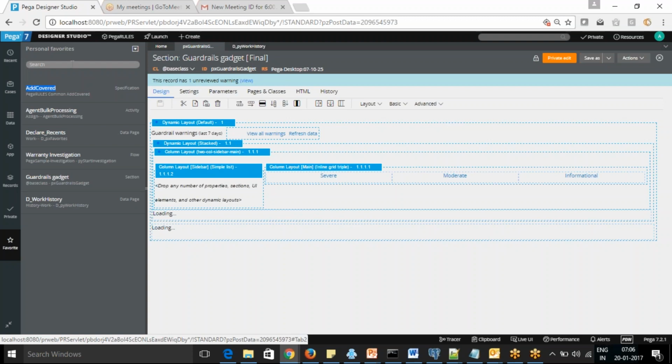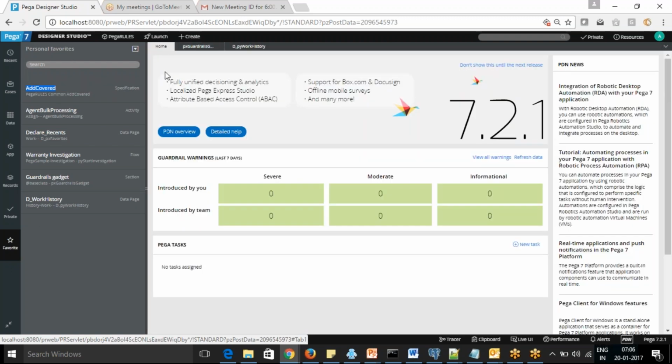If you see this home button, in this you have multiple sections, right? You can see one section, this is one section, this is one section. Now I want to add my name in this, under guardrail warnings. If it is introduced by you, I want to give my name.